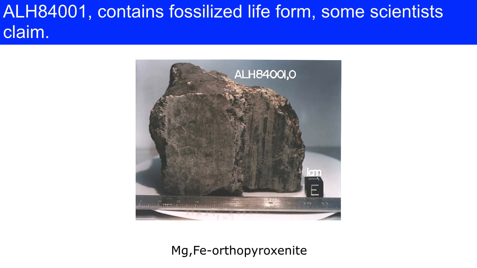So make a note, Allen Hills 84001, we know it's from Mars because it has tiny little spheres of glass. When this thing was blasted off the surface of Mars, it was so hot that part of it melted. And then it was ejected into the atmosphere on its way to Earth eventually. And as it rose through the atmosphere, it cooled off really fast.